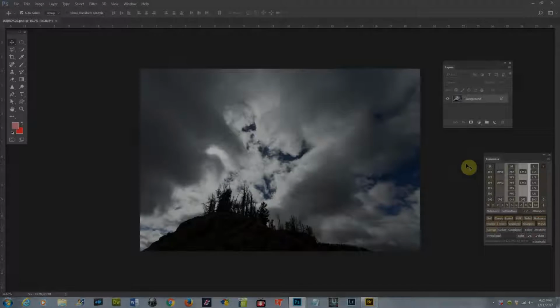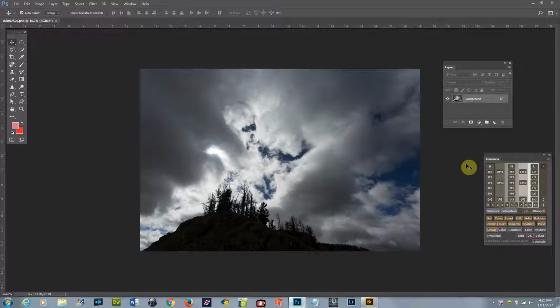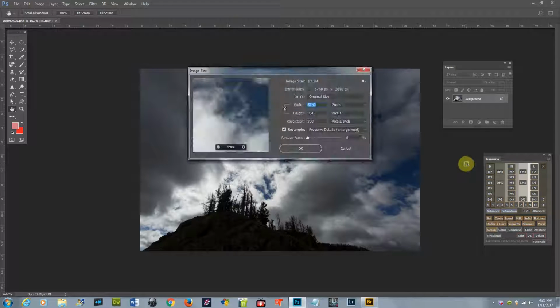Okay, we have an image here and we want to resize it, downsample it to 1920 pixels by 1080 pixels. So let's check out what it is. Control-Alt-I is image size. And we can see it's pretty big, and we want our target resolution to be 72. So I'm simply going to go ahead and uncheck resample, change that to 72, and recheck resample, and switch this